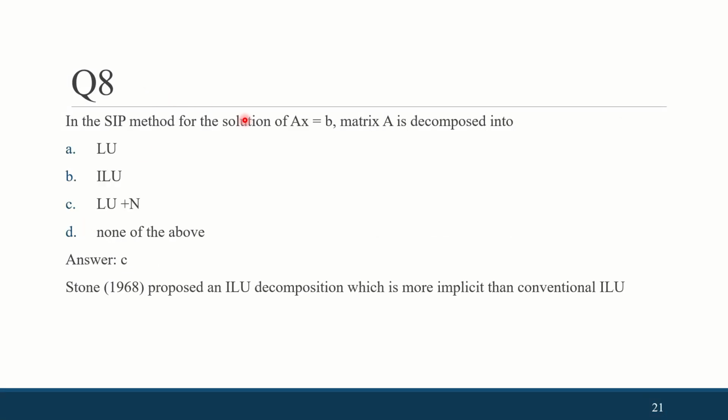In the SIP method, for the solution of Ax = B, matrix A is decomposed into: LU, ILU, LU plus N, or none of the above. In LU decomposition, we are splitting a matrix A into a lower triangular matrix and an upper triangular matrix. ILU is the incomplete LU decomposition method. Here also we will be splitting. This is an improvised version of the LU decomposition method,